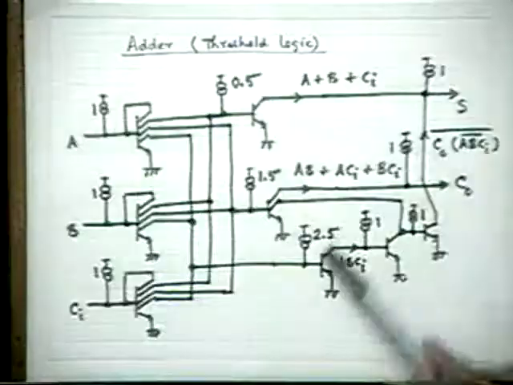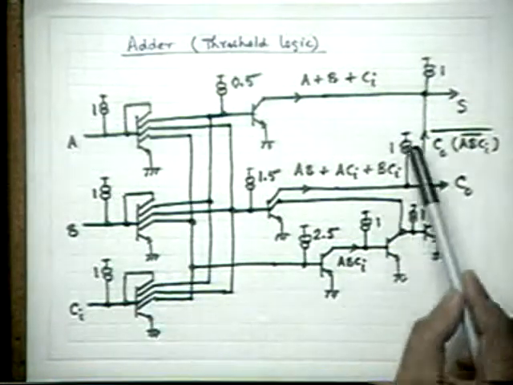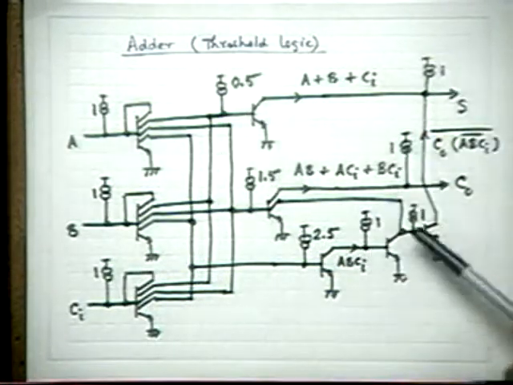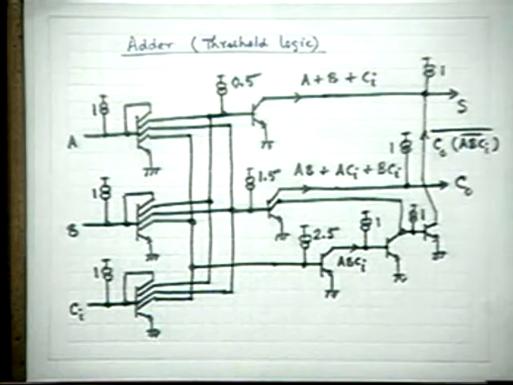But for the other function, have you understood why I have made the other things all 1? If they were all 2, would they have worked? Suppose all of them were designed with 2, no problem. No problem. But why unnecessarily waste current? So I designed it 1. So this is an example of the I square L adder circuit, and I think that with that I will stop today.